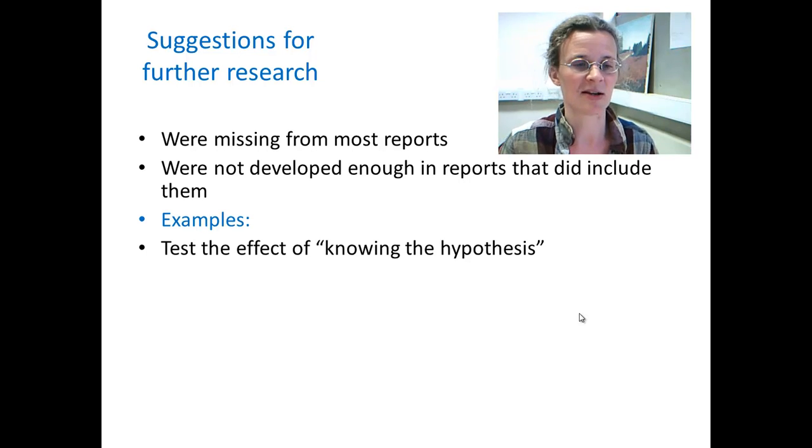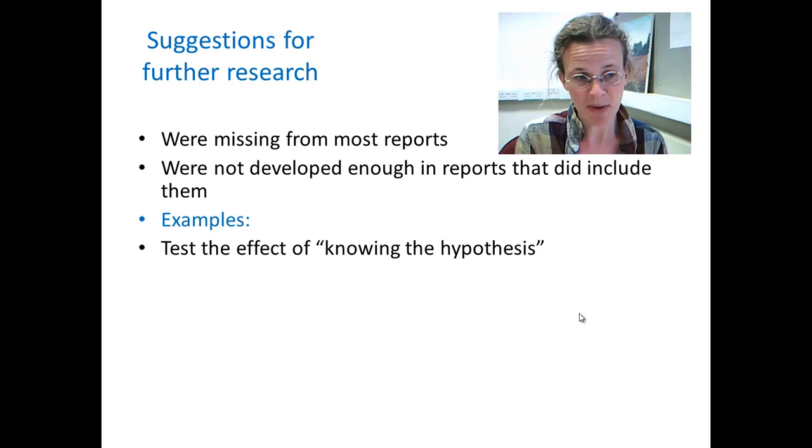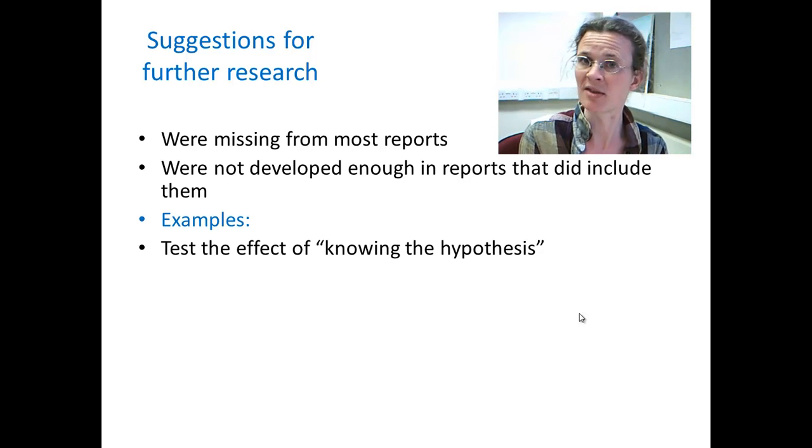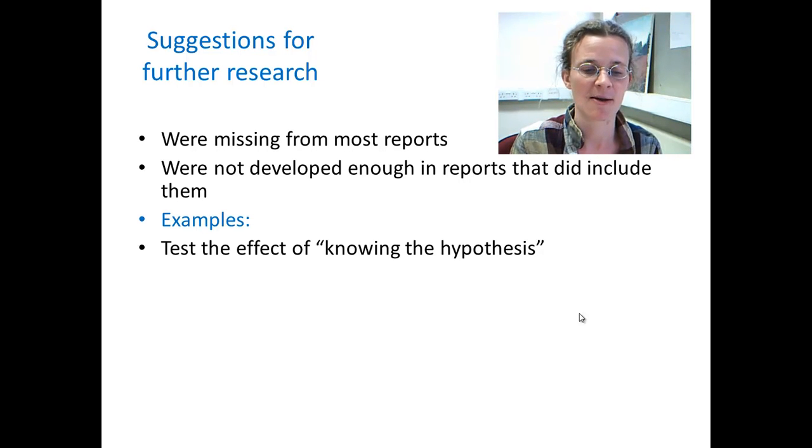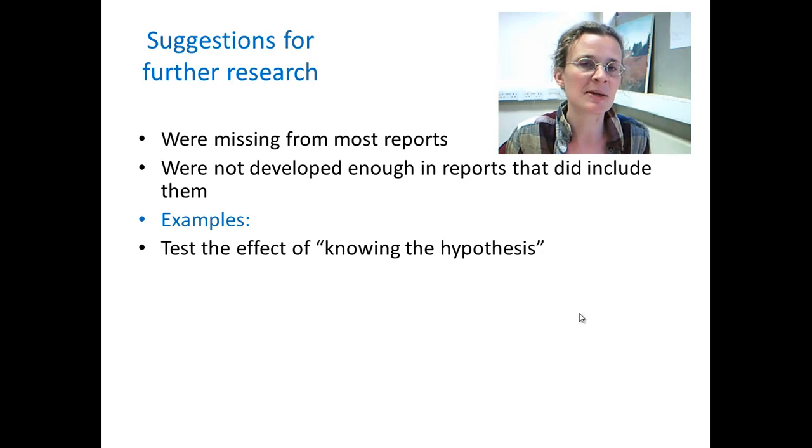These are just a few things that I've come up with from the top of my head. So you might want to test the effect of knowing the hypothesis. So all of the participants knew the hypothesis. What sort of strategies do they employ that would be different from naive participants? You probably need something more than just an experimental method. You might need something qualitative in addition to find out more. But you need to develop that. So how would you test that? And what do you think you would find?